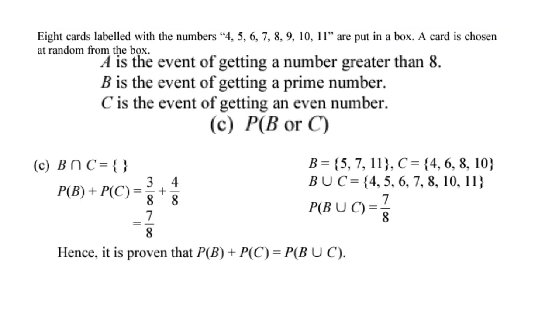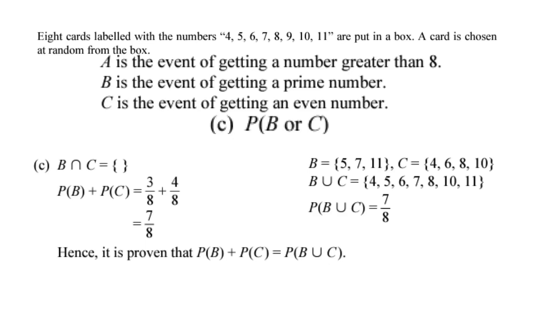Okay, let's discuss question C. So still referring to the same sample space 4, 5, 6, 7, 8, 9, 10, and set A is numbers greater than 8, set B is prime numbers, set C is even numbers. In order to find probability of B or C,